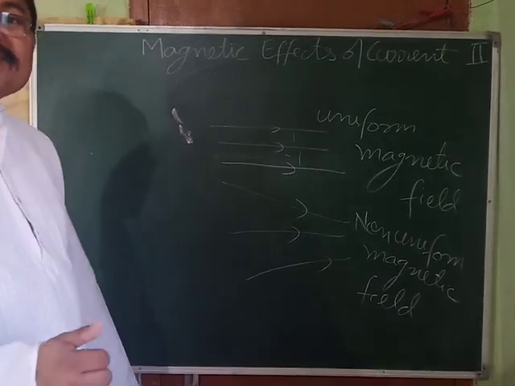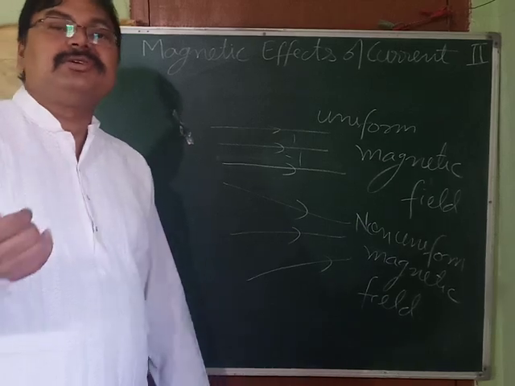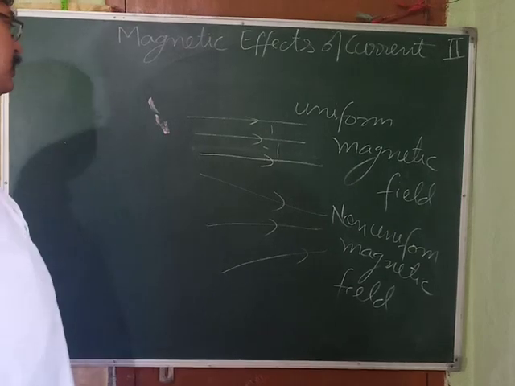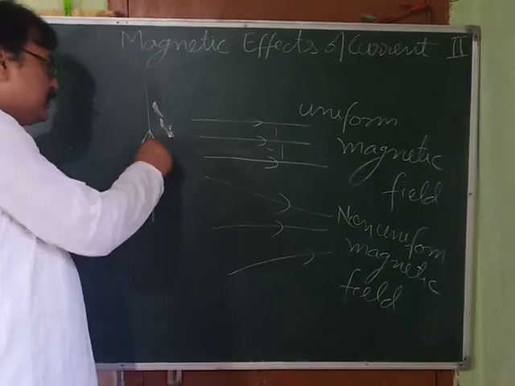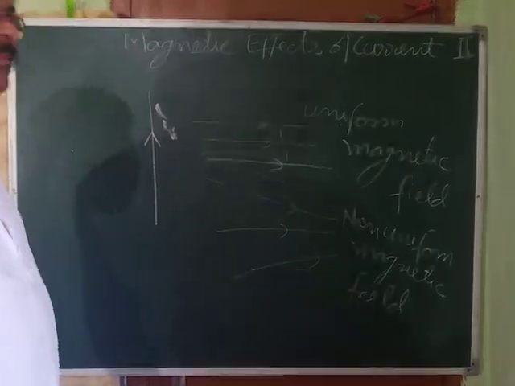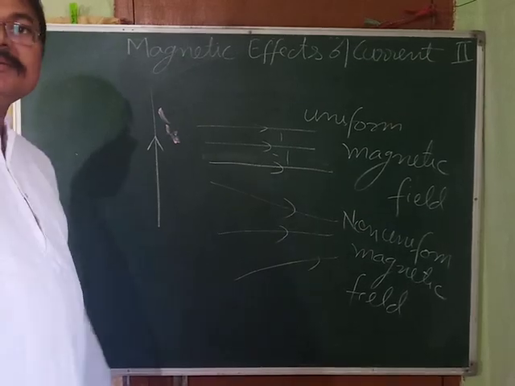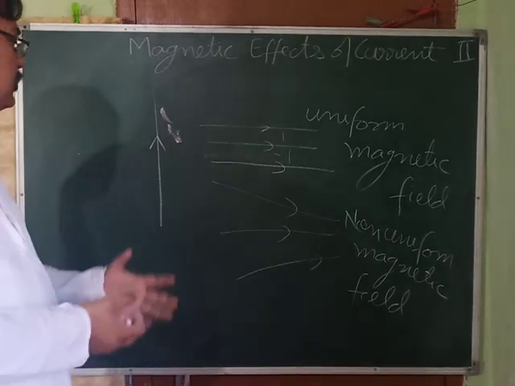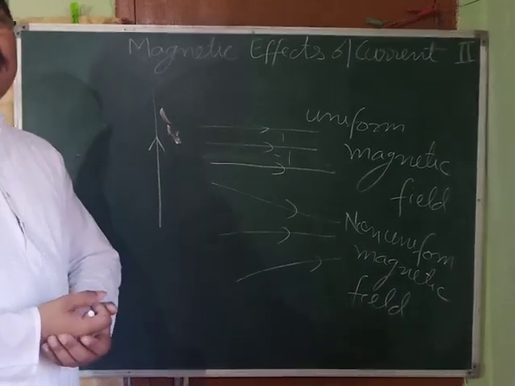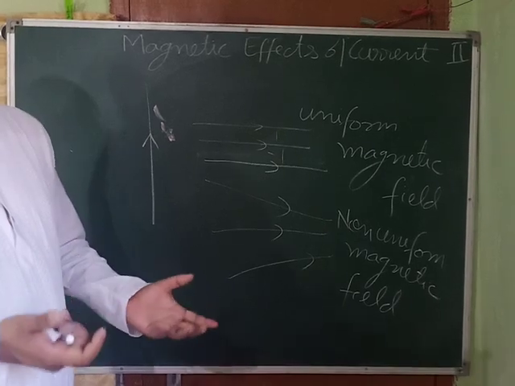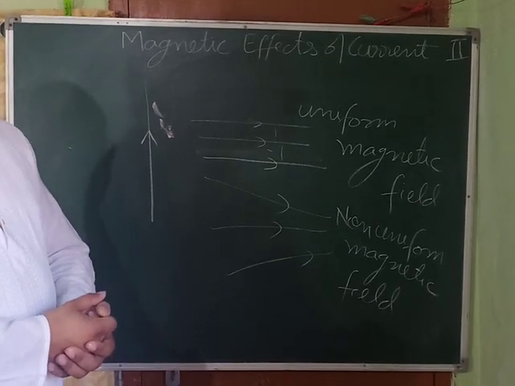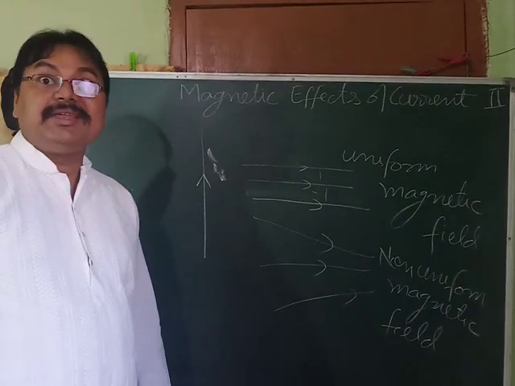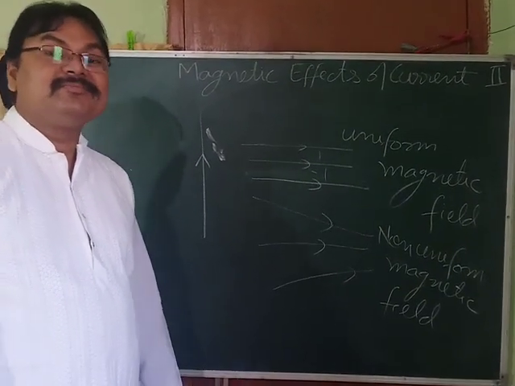Now, already we have discussed that Hans Christian Ørsted told that every current carrying conductor behaves as a magnet. So when a wire is carrying current, suppose in this direction, does it behave like a magnet? If it behaves like a magnet, then obviously there should be magnetic field lines. Now, what should be the pattern of magnetic field lines? How to find that? Is there any activity to find that? Yes, there is. That's what I'm going to tell you.